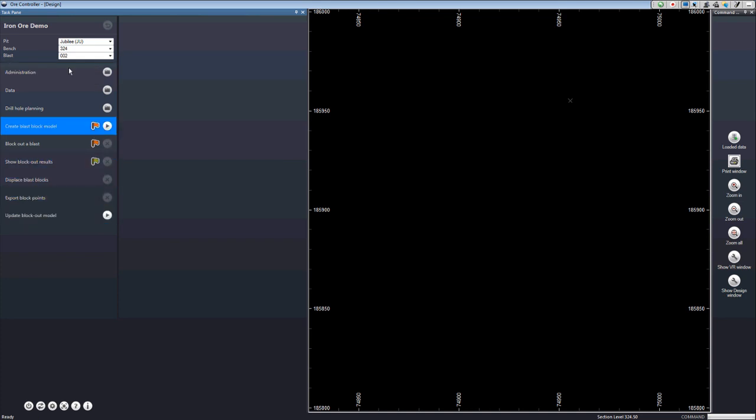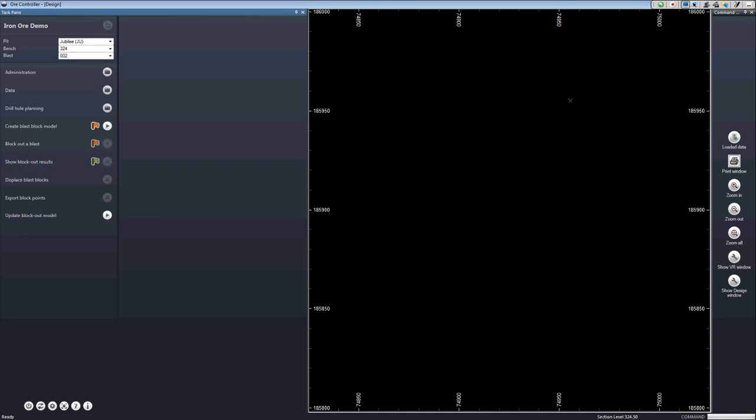And this means that I can't start the blockout activity because I don't have the relevant information for blast number 2. In other words, I haven't processed the block, created or updated the block model in the area that's relevant to blast number 2. If I go on to blast number 3, you'll see that processing has been completed, and the start button there means that I can rerun that activity if I wish. I'm going to be working our way through blast number 2 in this demonstration.